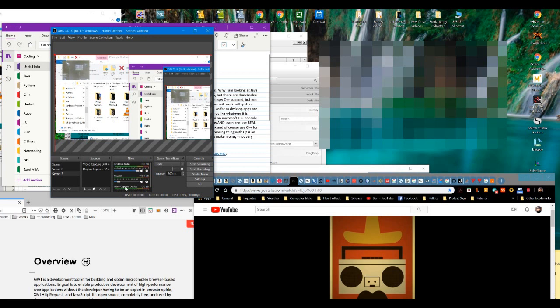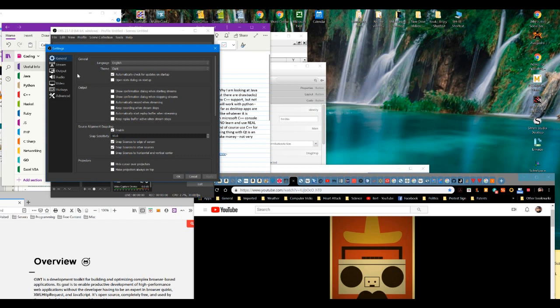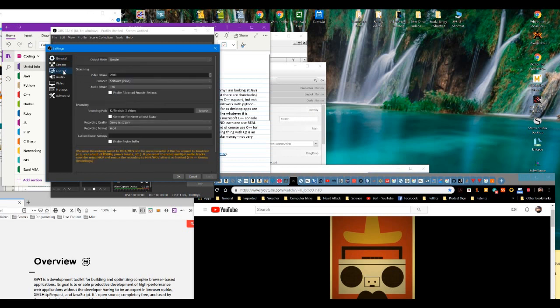So this won't capture the mic, but normally this will capture the mic and the desktop audio if you want it to. But you can turn these various things off by doing that. So I guess you can adjust the settings. But another thing you've got to be aware of is the settings area. Okay, and like I said, you've got general stuff. I'm not going to go through all these because they're kind of complicated, but I think most of these I left default. But the one you're going to be kind of interested in is this output,